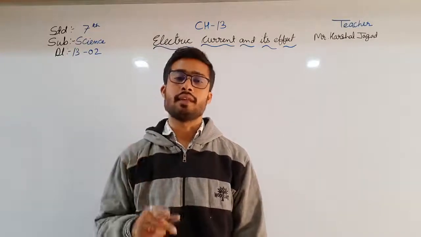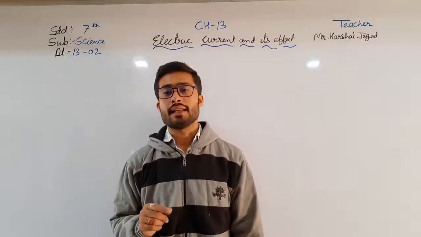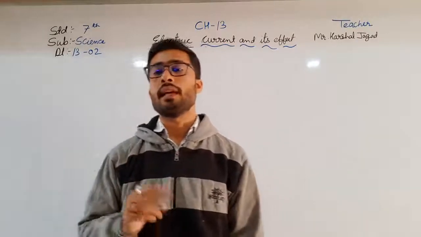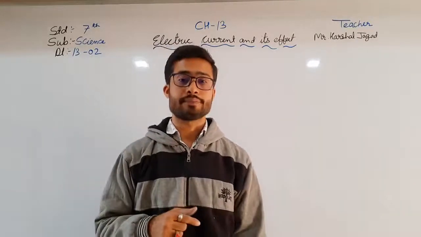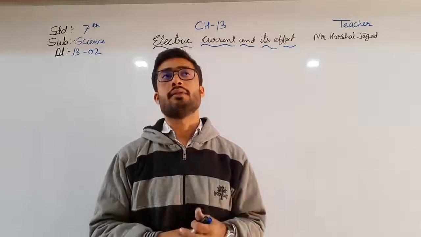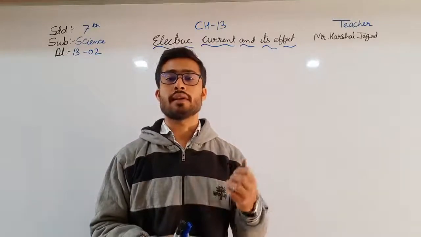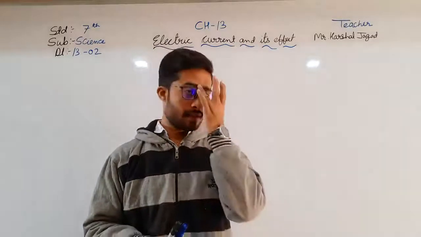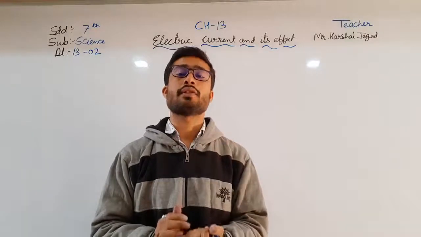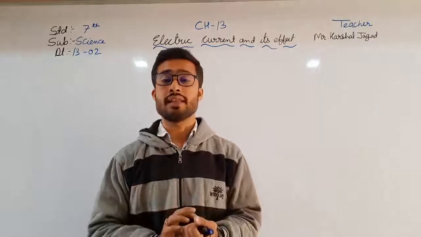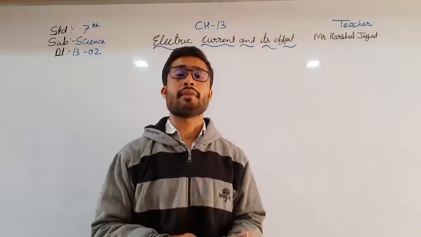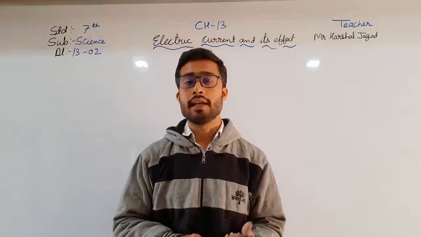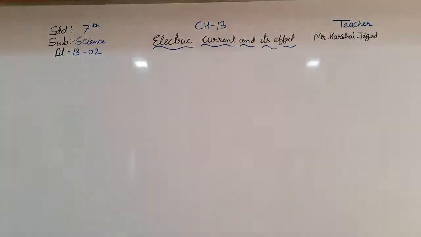And another one: the magnetic strength will also depend upon the electric current flowing through the wire. So it will also depend upon how much current is flowing through the wire. Here we have just completed the three properties of the electromagnet, and after that we have to see the uses of it. So which are the uses? They are,